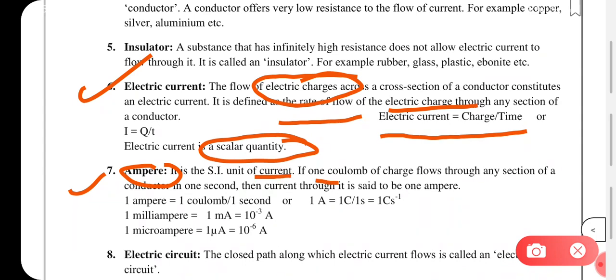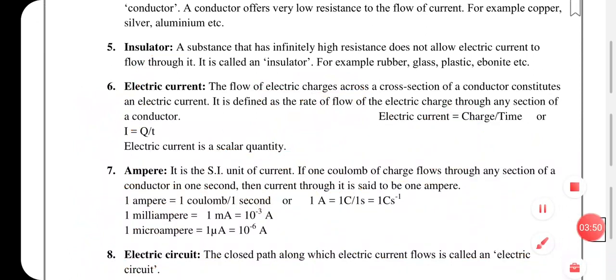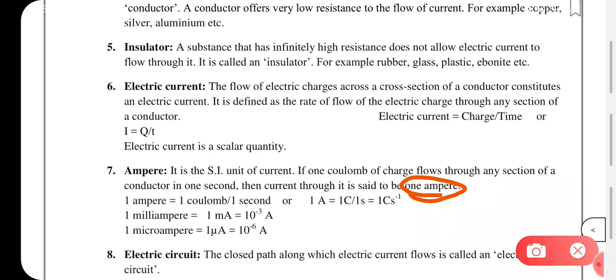How will we measure ampere, or what is 1 ampere? Just a second, I'll tell you what is 1 ampere. This type of question is also usually asked: how will you define ampere, or what is 1 ampere? So what you will say is, it is 1 coulomb of charge. Actually this formula which you see here has to be put in the form of a statement, and your definition for ampere is done.